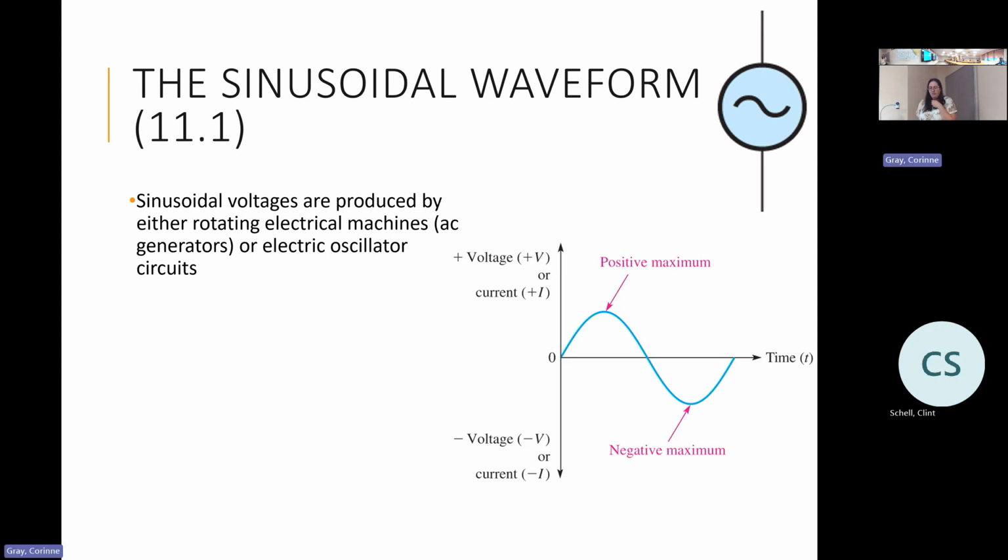If we look at this graph here, this is a standard sinusoidal function. We can see the y-axis is going to be either current or voltage, and along the x-axis is going to be our time. Often the time will be in either milliseconds or seconds, depending on the oscillating time period that we have. So for the positive maximum,